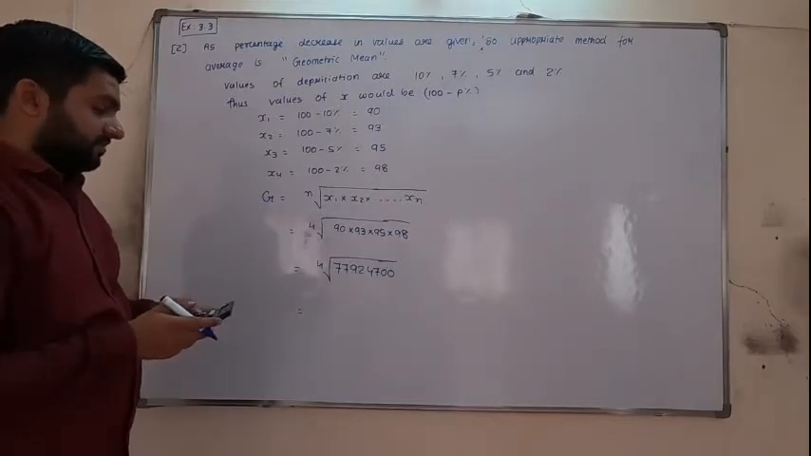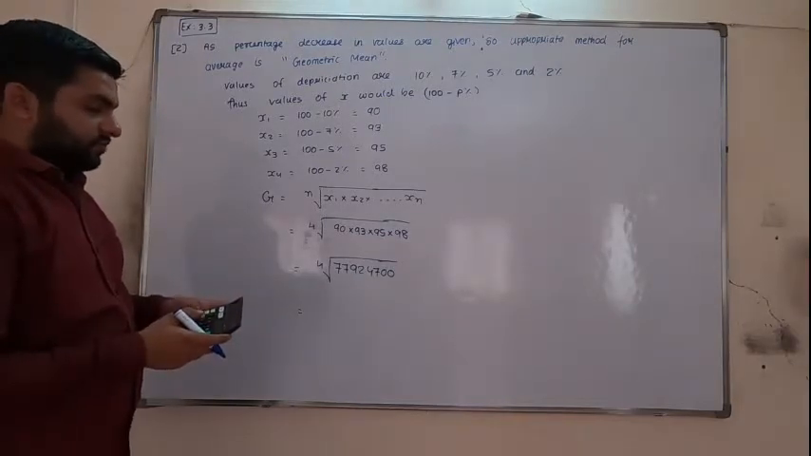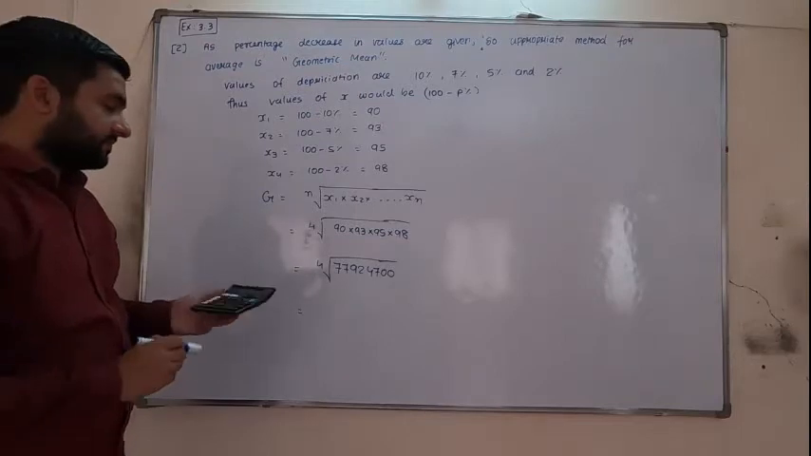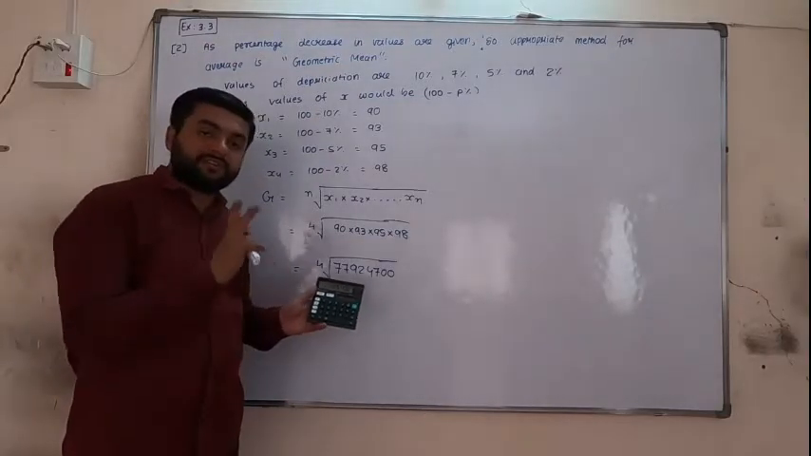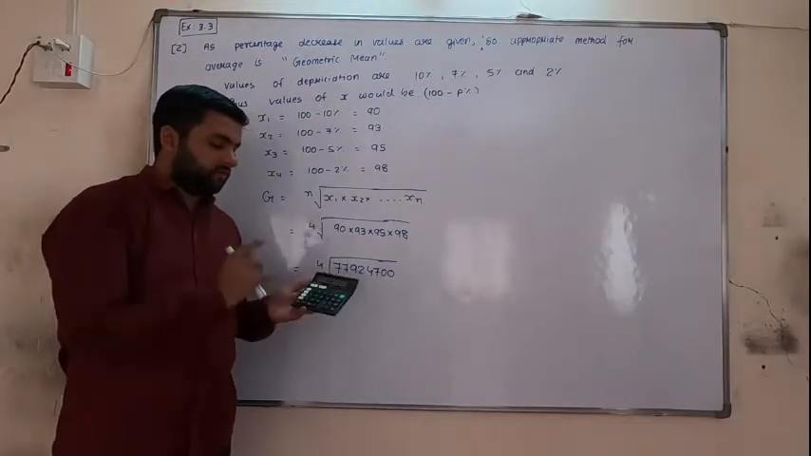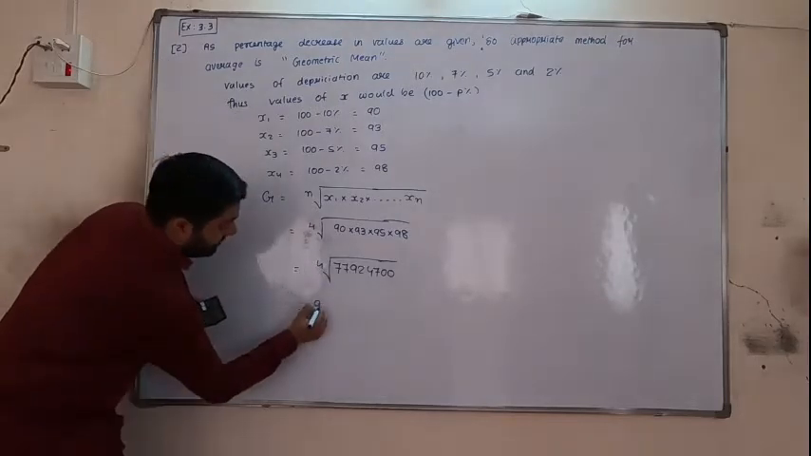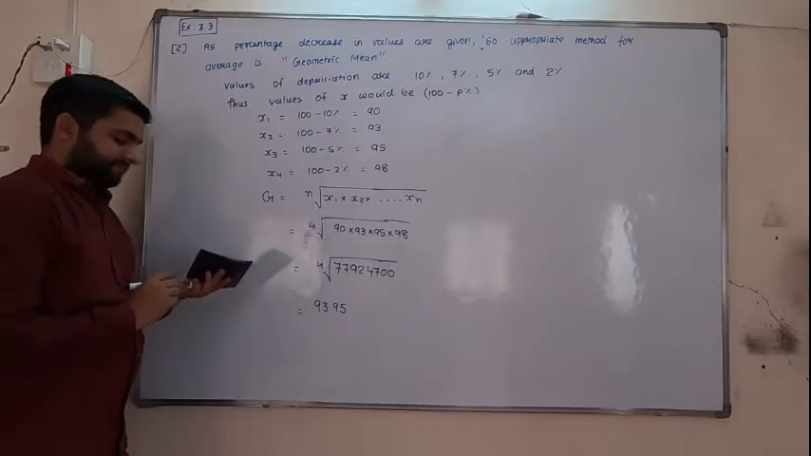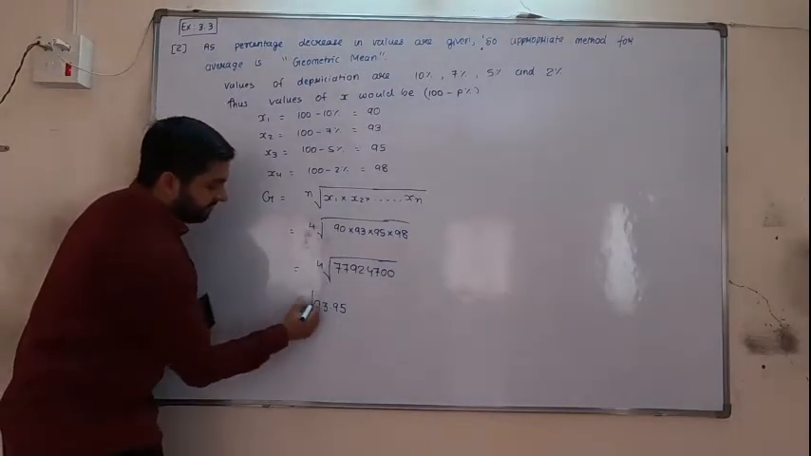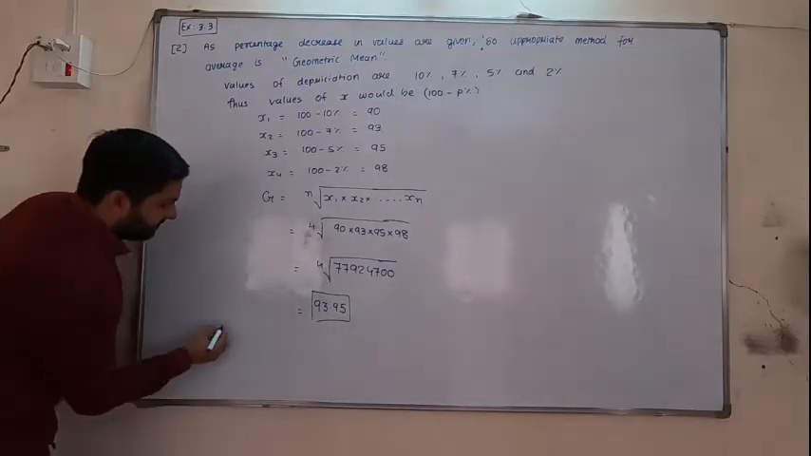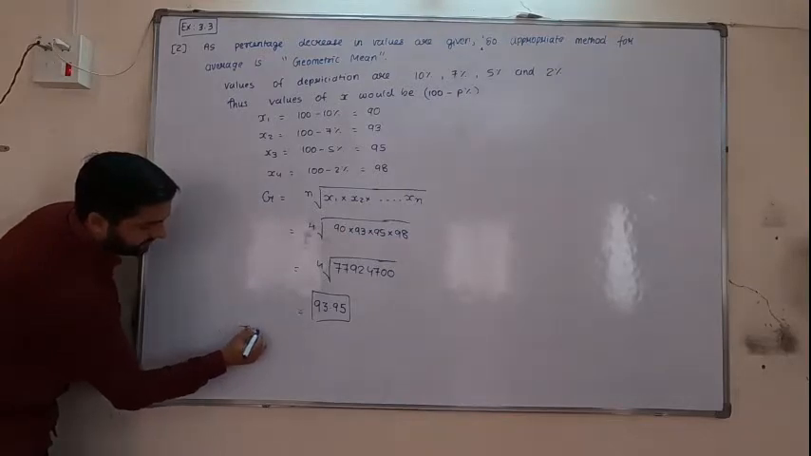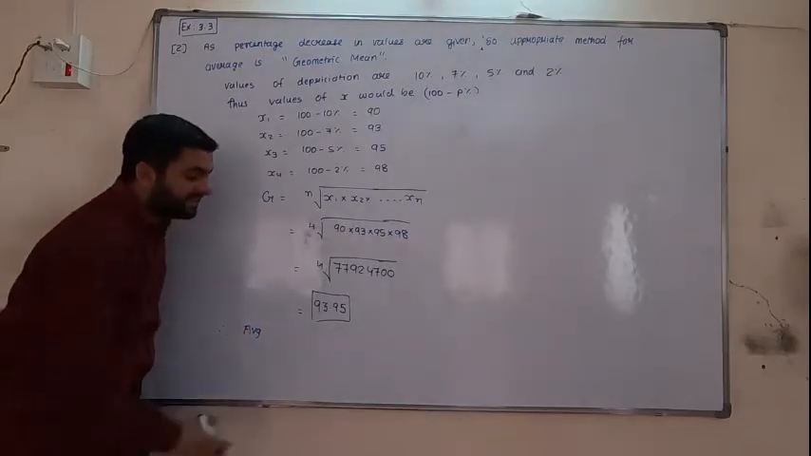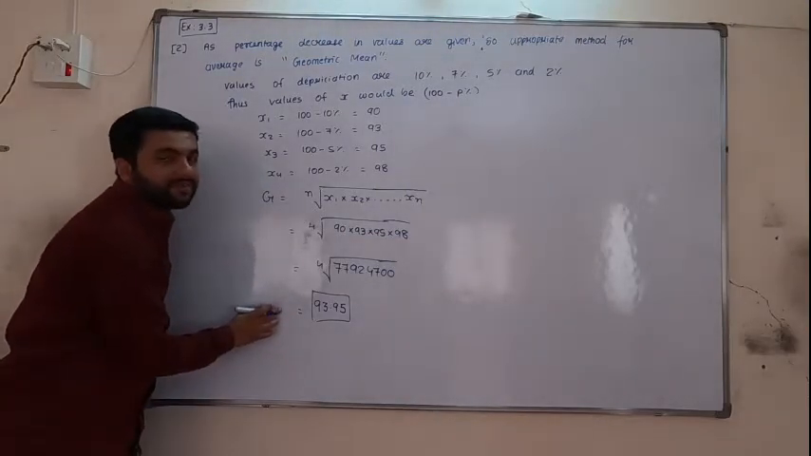7792 4700. So 7792 4700. This is the 4th root, so press the root button 2 times. 93.95. Now see, if you are by mistake writing this as the G, this is not the answer, because